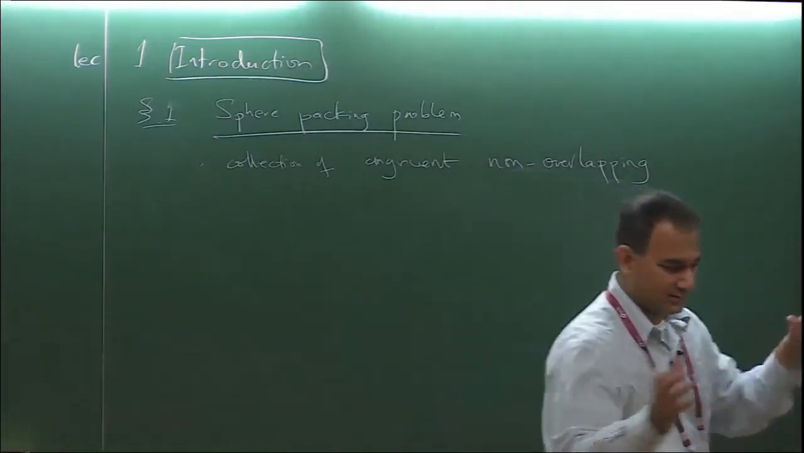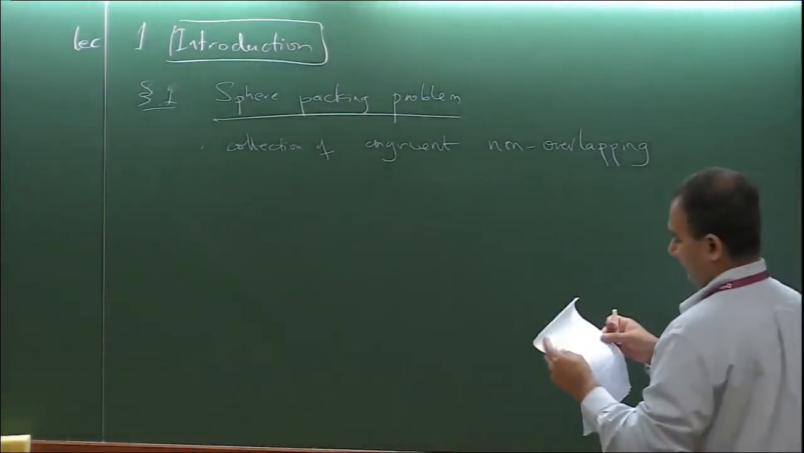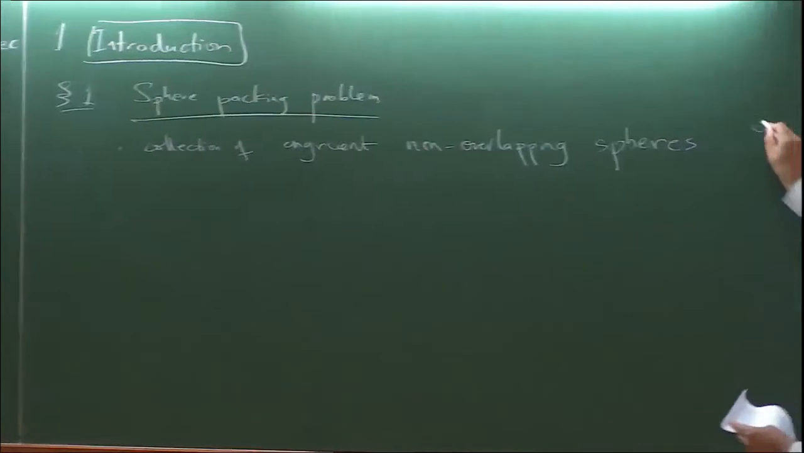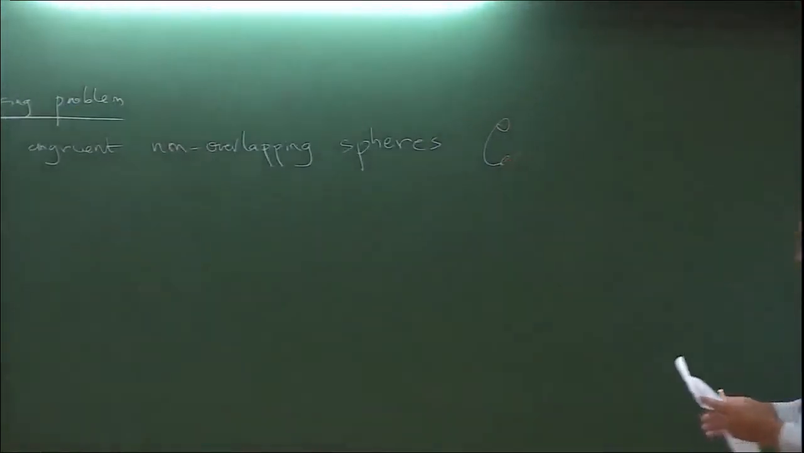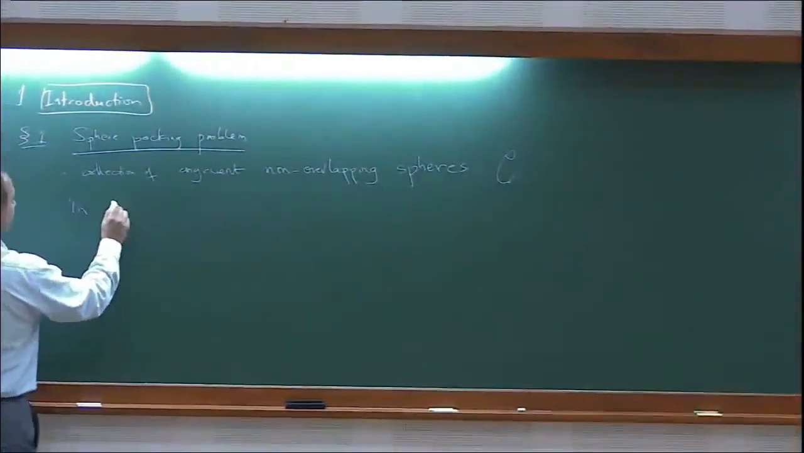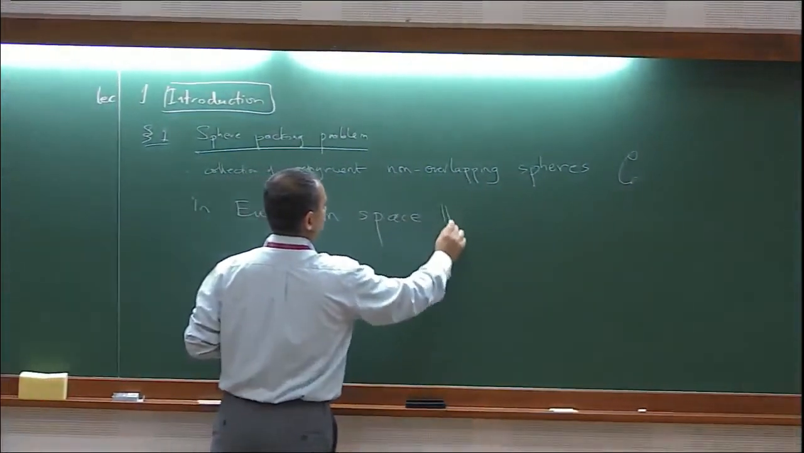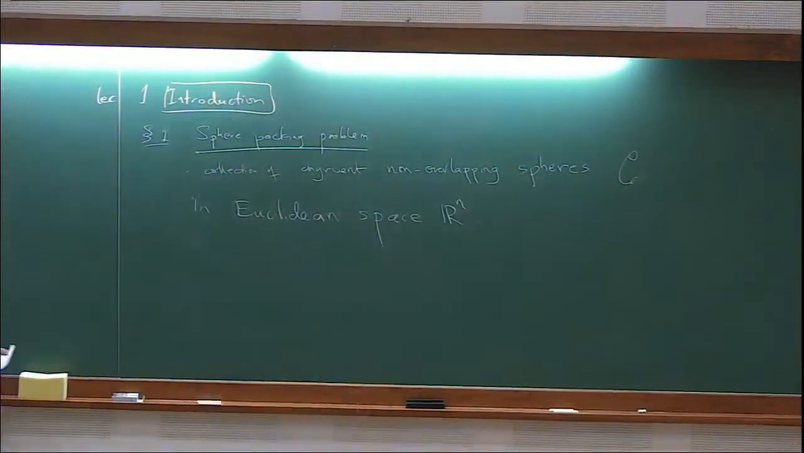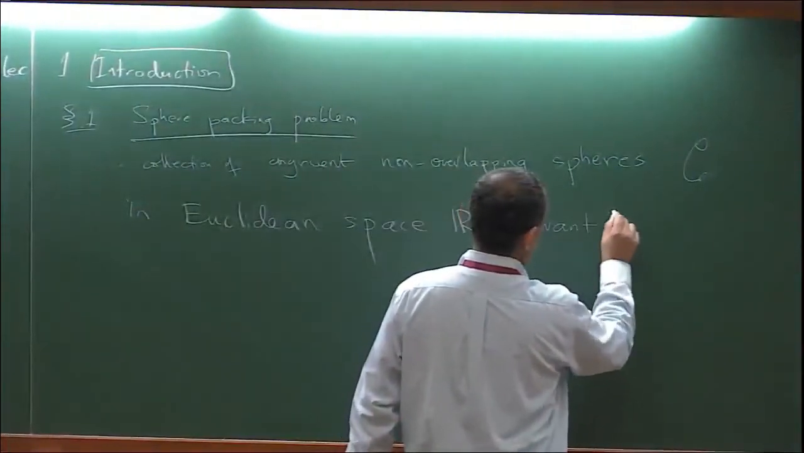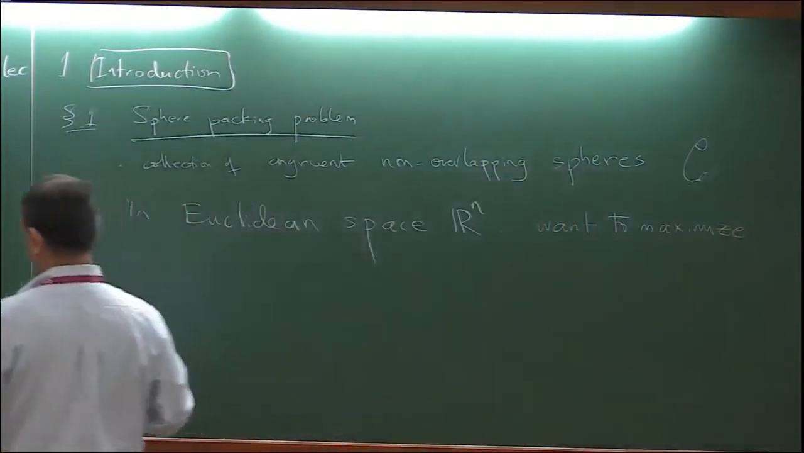Spheres, so balls, are allowed to touch but not overlap. They're allowed to touch at one point. Non-overlapping spheres, so spheres of the same size. Let's call this collection of spheres C, and this is going to be some collection of spheres in Euclidean space R^n. And the objective is to maximize density,